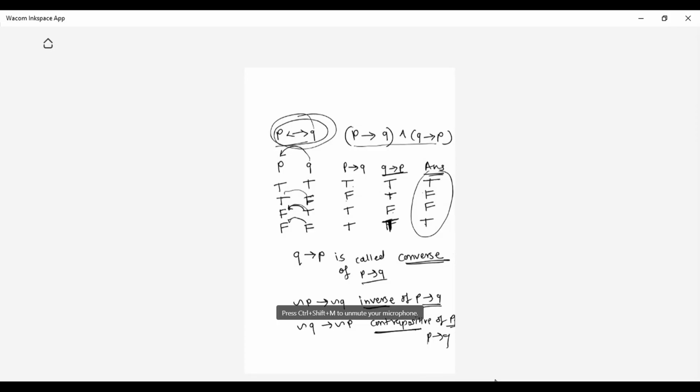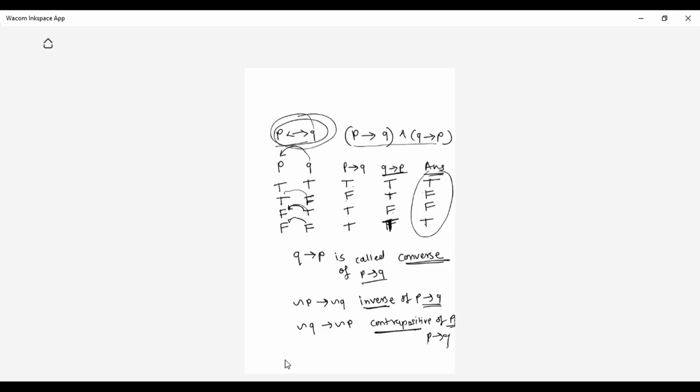Whenever we want to find converse, we have to do Q to the P. Whenever we need to find inverse, we have to find negation P to the negation Q. And whenever we need to find contrapositive, we have to get it using negation Q to the negation P. I hope everyone has written this in a notebook. Okay. These are very important symbols.